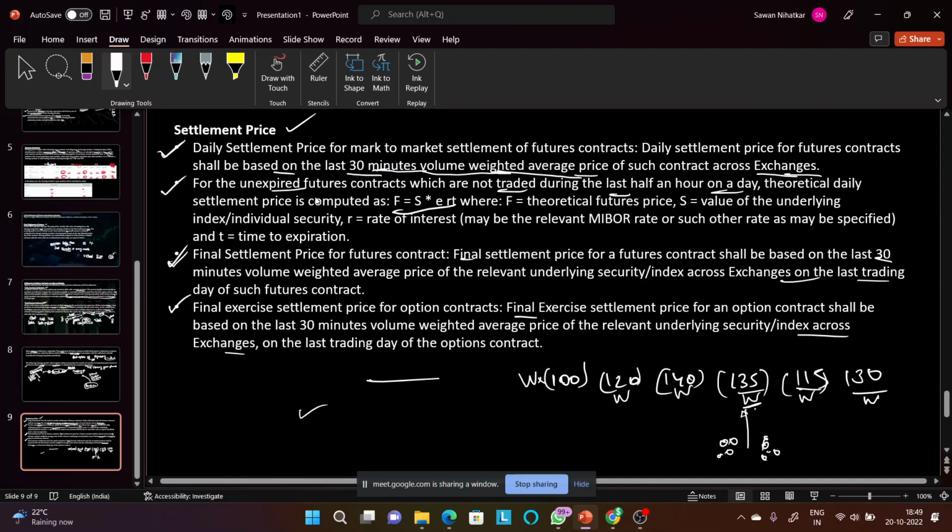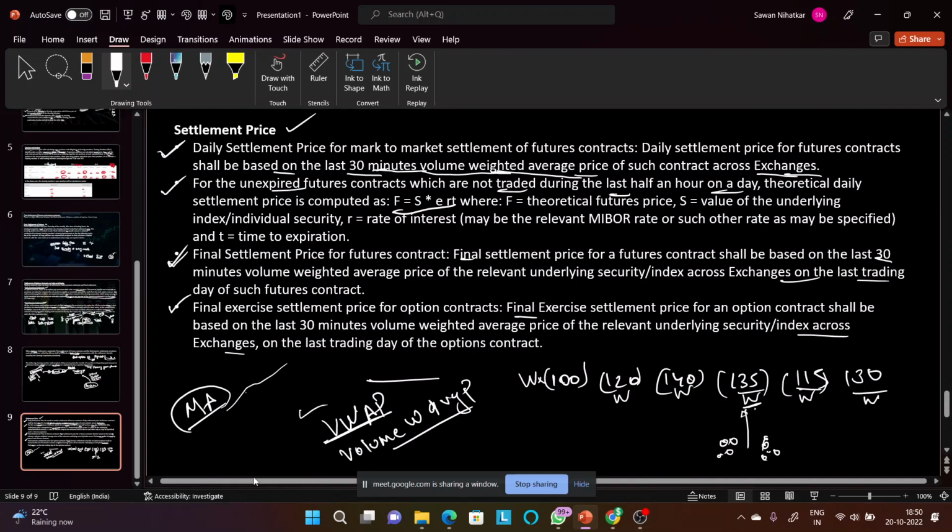And why, you would ask me, is it so relevant that we take the VWAP? VWAP basically stands for volume weighted average price. This is a very important metric to be considered, because normally people use something which you call moving averages. So what does a moving average give you? Moving average is giving you just the average of price. So whatever the prices are, it just gives you an average, and the line moves across like this. But in case of VWAP, you get a volume weighted average price.